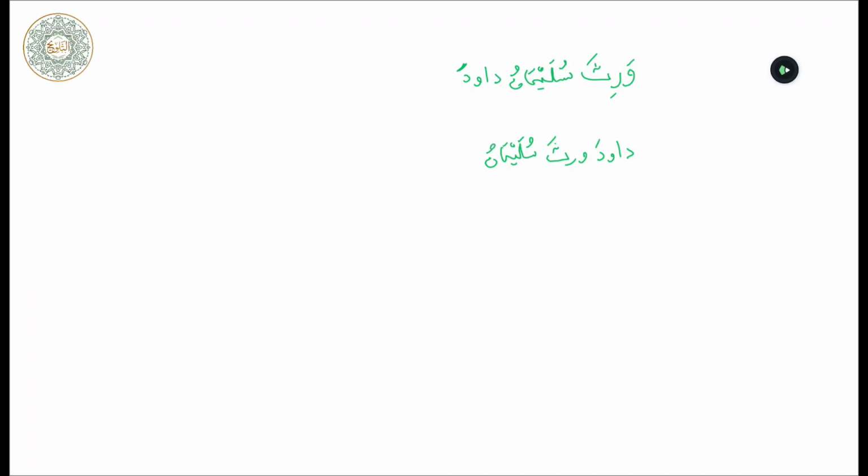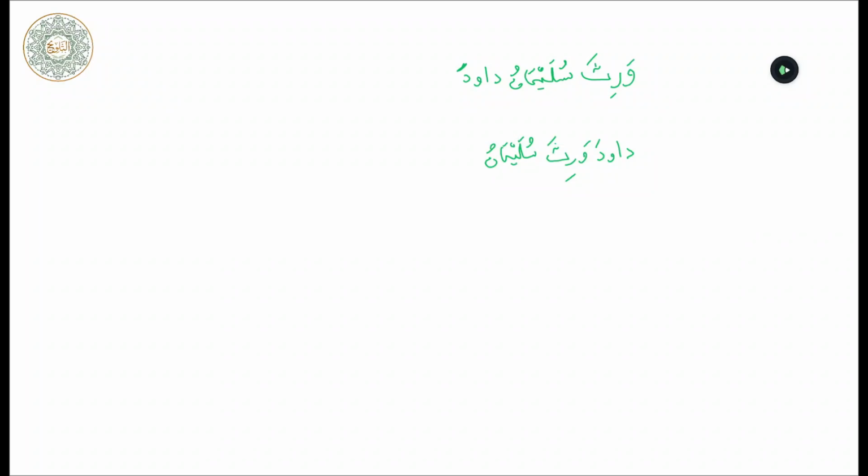In the Quran it would be a mistake, but just someone who's speaking in Arabic, and he ended up saying Dawuda Waritha Sulaymanu. Again, when it comes to English, we would say this is a mistake because if you bring Dawood first and you bring Sulaiman last, the doer of the verb has now switched with the one upon whom the verb is being done. Initially, Sulaiman was inheriting, Dawood is being inherited. Once you brought Dawood first and Sulaiman last, now Dawood is inheriting and Sulaiman is being inherited. Hence the error. However, in Arabic, were we to switch Dawuda Waritha Sulaymanu, this would not be